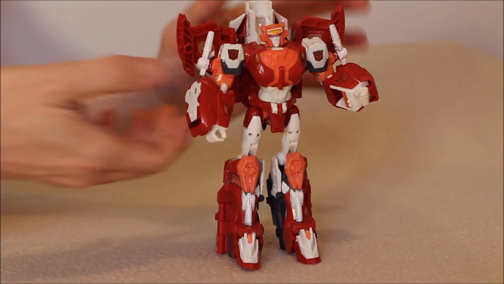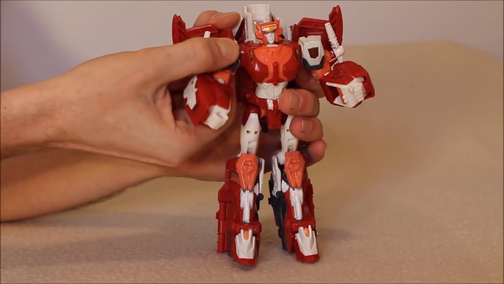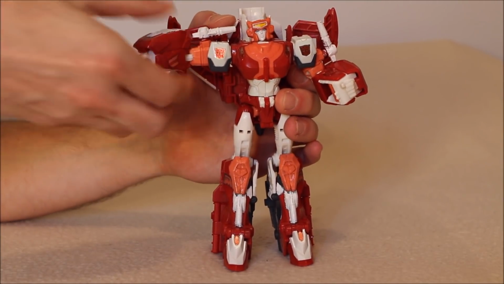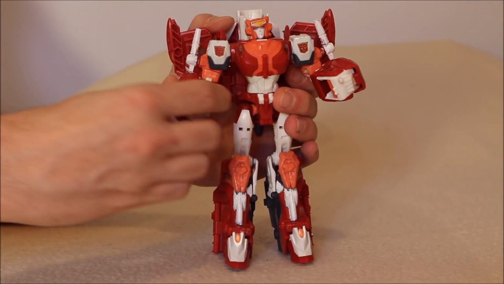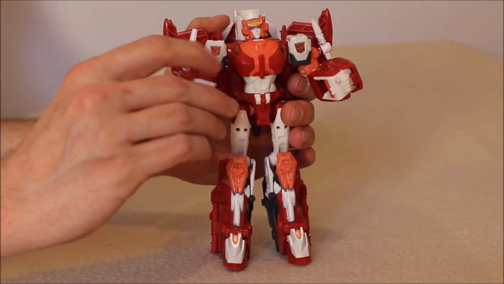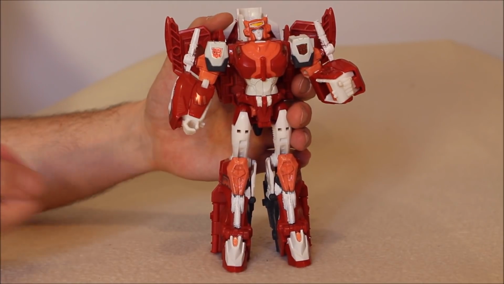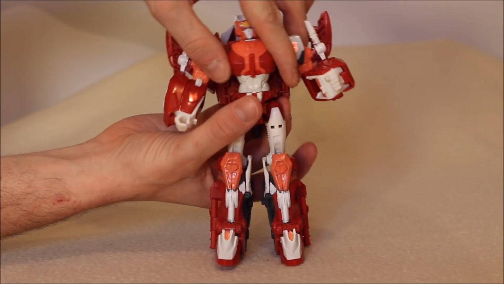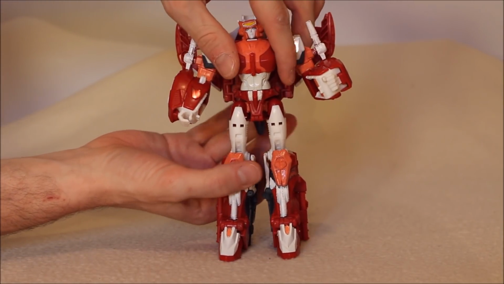We have ratcheted shoulders, forward and back. Byrights can go all the way around. Ratchets out to the side. We have a bicep swivel, which is cool. We have 90 degrees at the elbow, nothing at the wrist. That's a bit unfortunate for a Voyager class, but you know, not the end of the world. Nothing at the waist. That is unfortunate, but I understand it because of the way she transforms and everything she